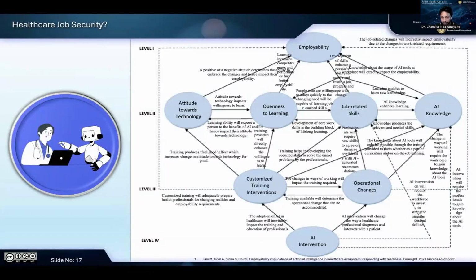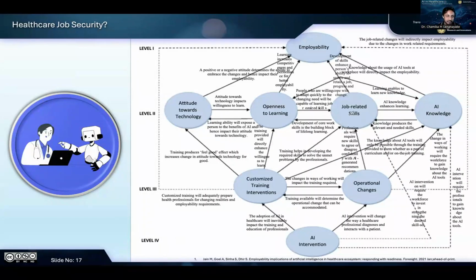people who will lose jobs, but they will be creating new jobs as well. So the main key is to update ourselves, improve our necessary skills and knowledge, and hence our attitudes. Because, with our time, there is a framework developed regarding the job-related changes when it comes to AI. So if you get the AI knowledge,